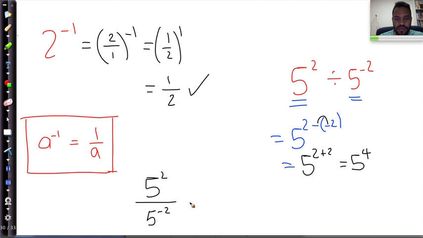Okay, similarly, this is exactly 5 to the power of 2 divided by 5 to the power of negative 2. And when I bring this up to the top, I'm going to change it from a negative to a positive exponent, which is going to be 5 to the 2 multiplied by 5 to the positive 2 over 1 now, which just becomes 5 to the power of 4. So using the law,